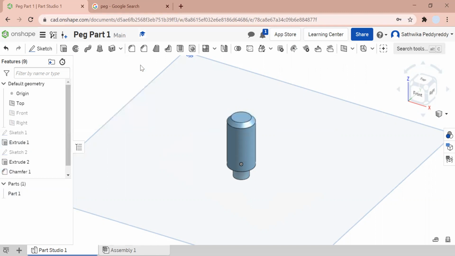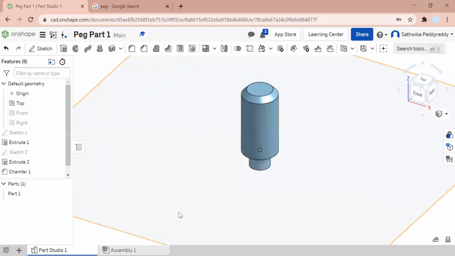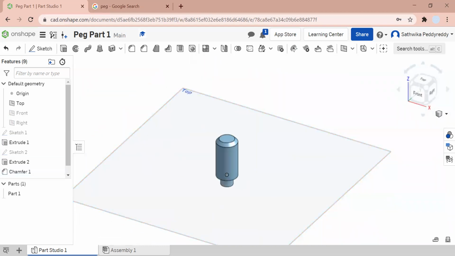So when we click the green check button, it's not a curved edge, it's more of a crisp edge. So that's sort of the difference between fillet and chamfer. So if you want more rounded edges, you should use fillet. Well, if you want more slanted edges, you should use chamfer. So that concludes the construction of the peg, but we still have a couple more things to do in the